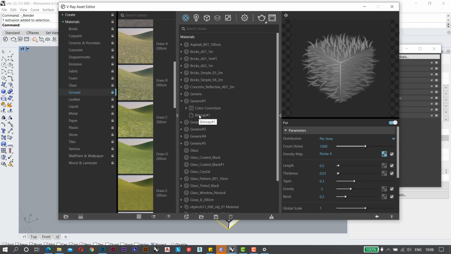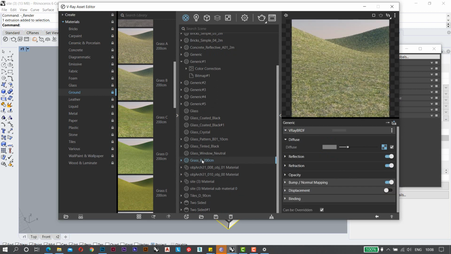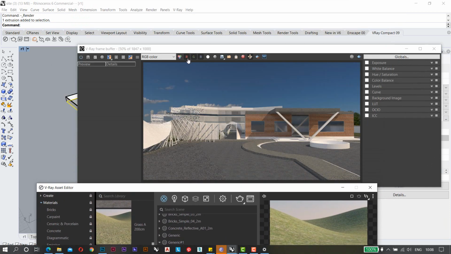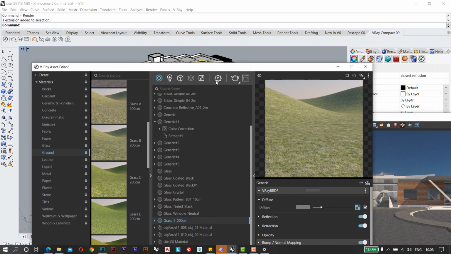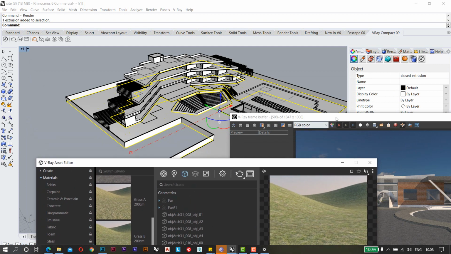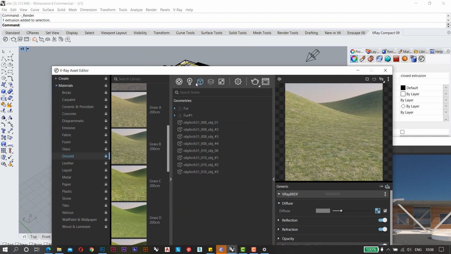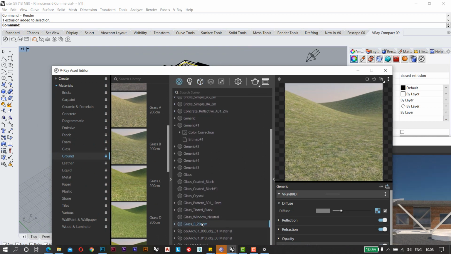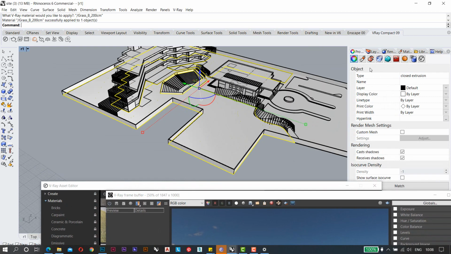In the case of grass, you will have some kind of texture mapping. Right now this is my material, and it has 200 centimeter texture mapping. I am setting it again. First I had added fur also to this material, so I am just turning that off. Now I will go to my material editor and use this grass pattern, right click, apply material to selection. Once you do it, it will apply to your grass part.